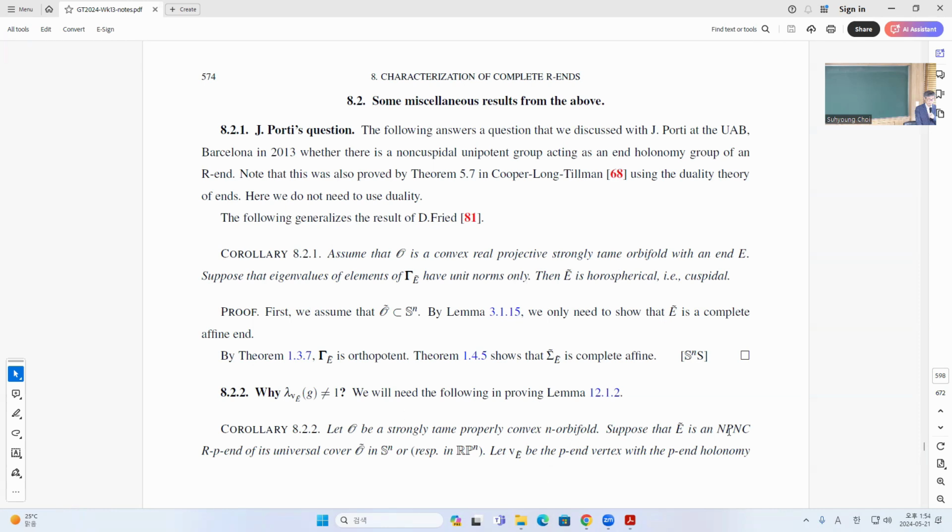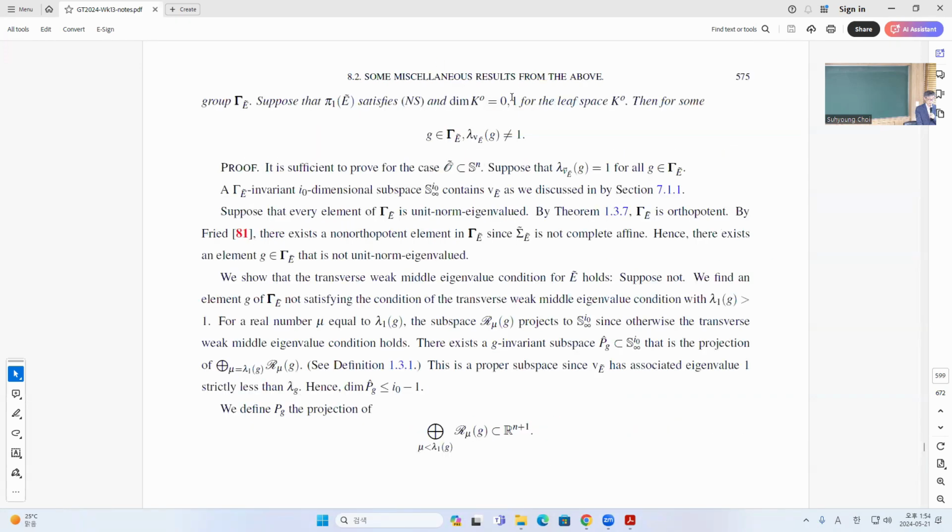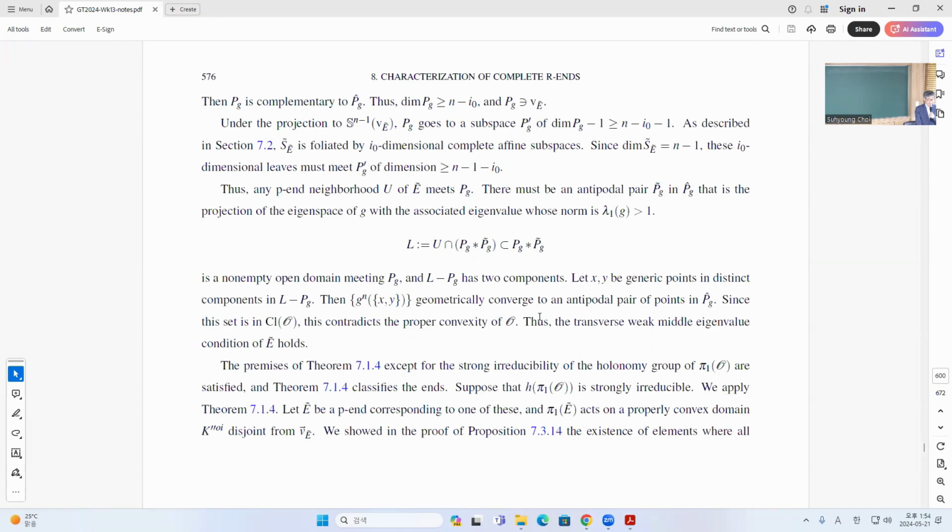So if you have some NPNCN, then VE is a vertex, then it satisfies NS or this, then there's some element with the eigenvalue not equal to 1 at that VE. So to prove that, you just assume that everything has eigenvalue 1, and then actually the weak eigenvalue condition will have to hold again by some geometric argument here, and then